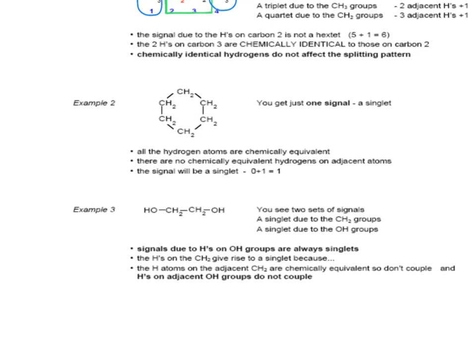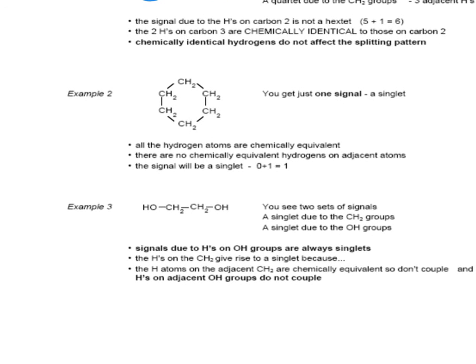If we go then and look at the last example then, we have got ethane 1,2-diol. Now in ethane 1,2-diol, we would see 2 sets of signals. We would have a singlet due to these chemically equivalent hydrogens here. Now the ones that I am boxing in red are also chemically equivalent. So the 2 CH2 groups will be a singlet because there are no hydrogens on it, there are no adjacent carbons even, so there are no hydrogens to split this singlet. Then we will have a singlet due to the OH groups because there are no hydrogens on the adjacent carbon